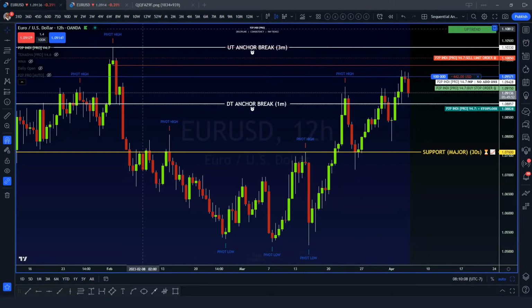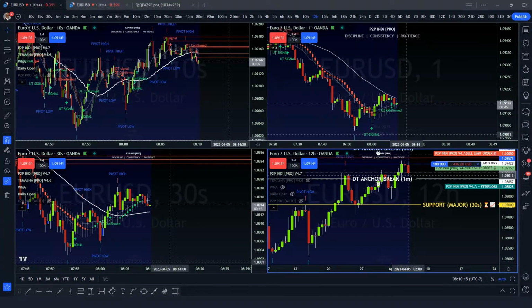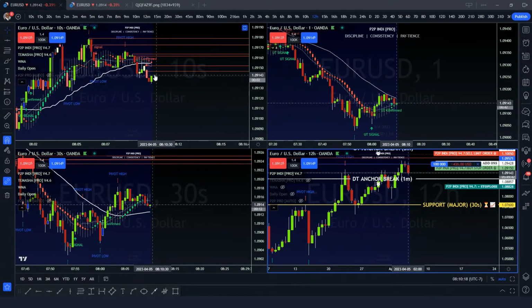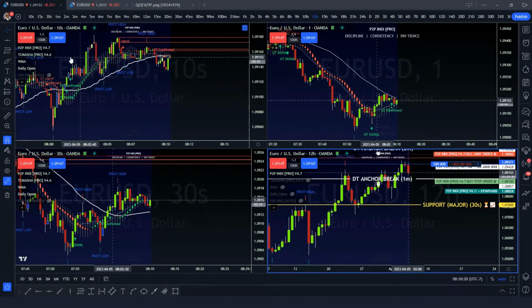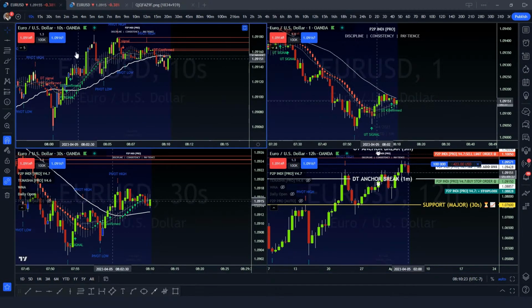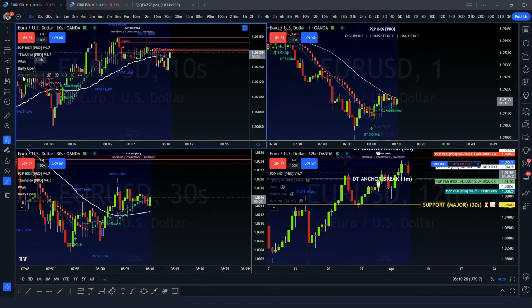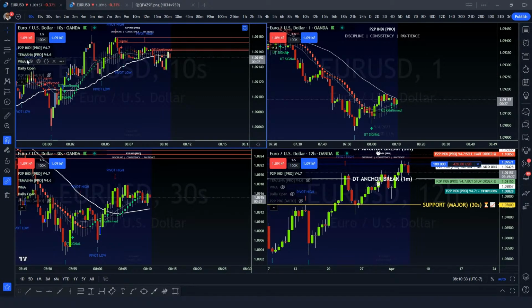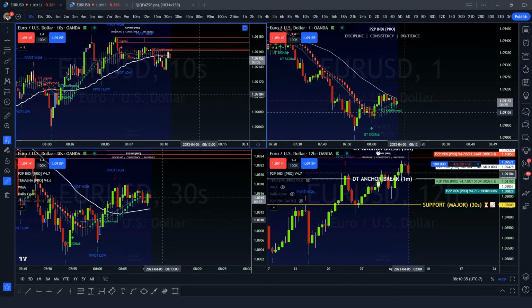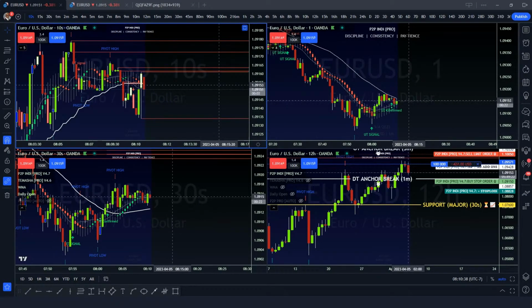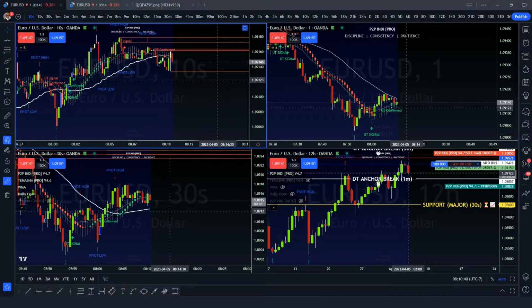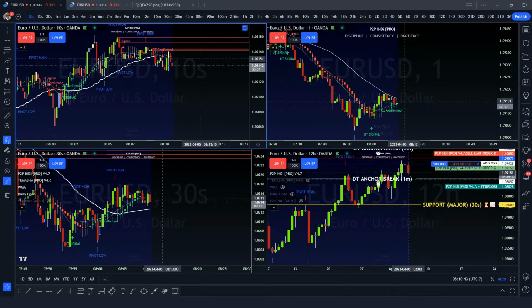Just got another alert on the 10-second chart. Let's see what's going on there. Matter of fact, I'll just go out of this. There we go. So just got an alert on the 10-second chart. These are not any indicators that you know of. I created these. And so these are mine here. What you're looking at, just the top two. These two here. These two are typical. But anyway, I just got an alert that the 10-second chart is coming down,